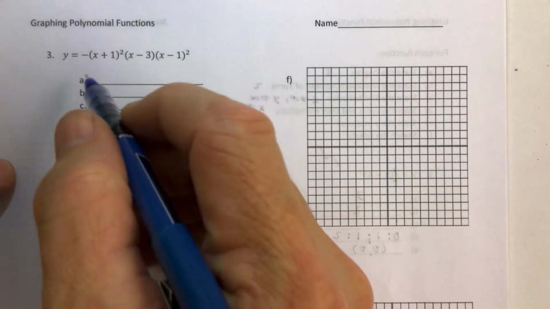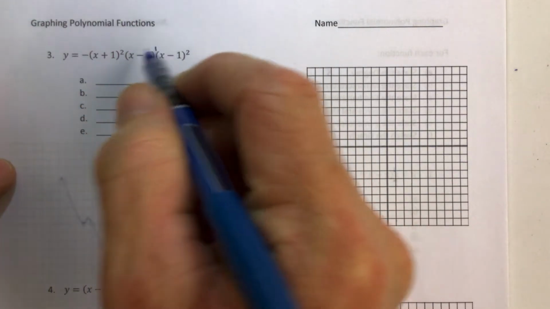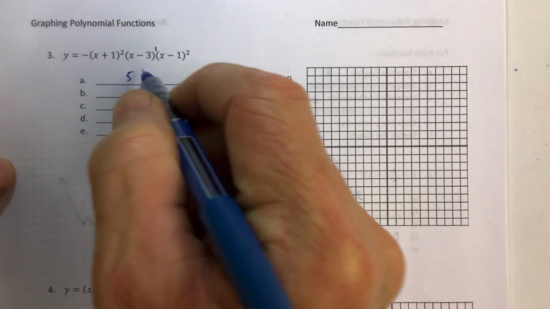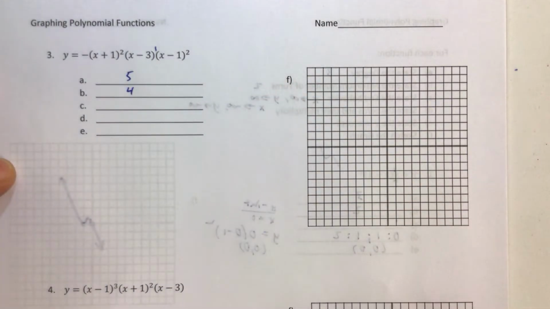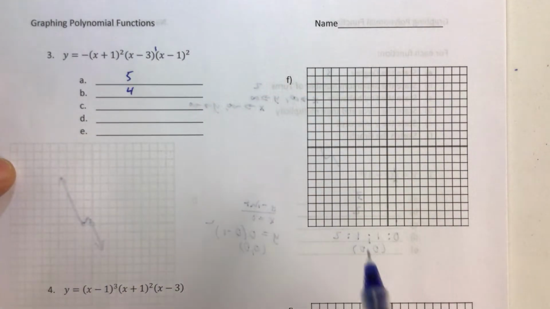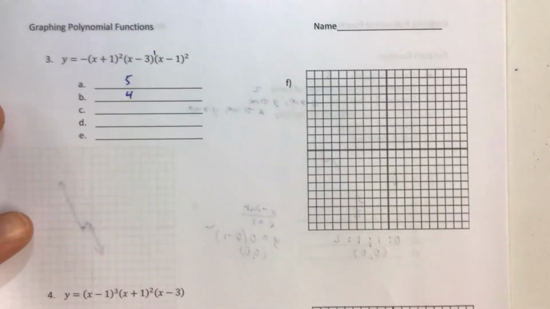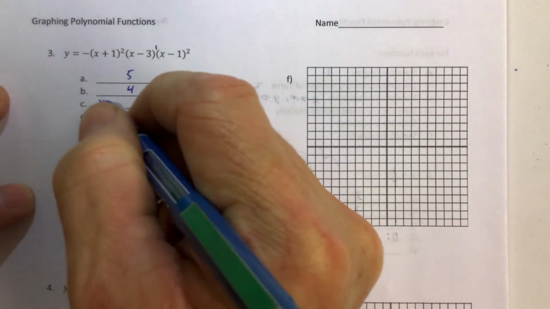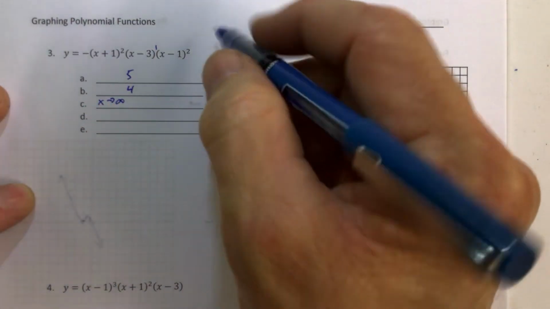All right, for part A, the degree of the polynomial, 2 plus 1 plus 2, is 5. That means the maximum number of turns is 4. And then what are we supposed to do for part C again? Oh, the end behavior. So the end behavior is as x approaches infinity, and I like to draw my own